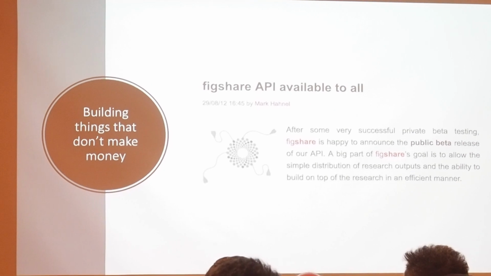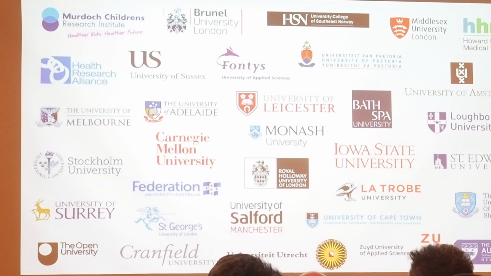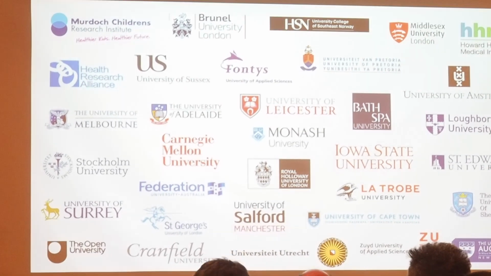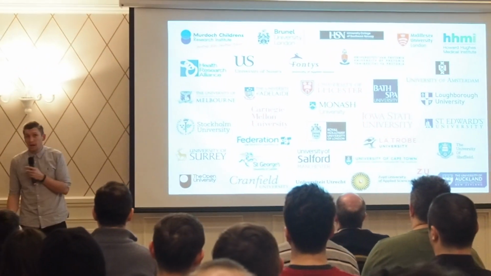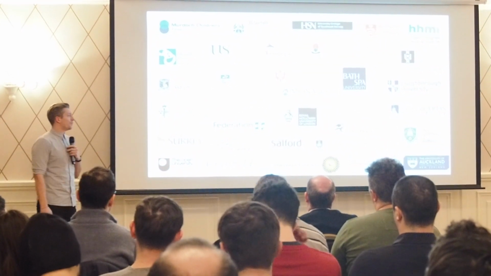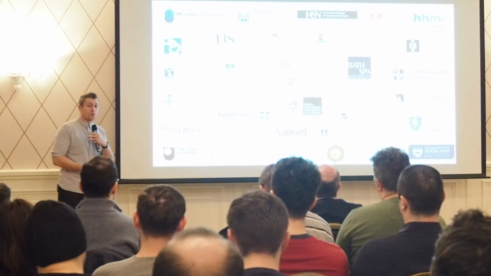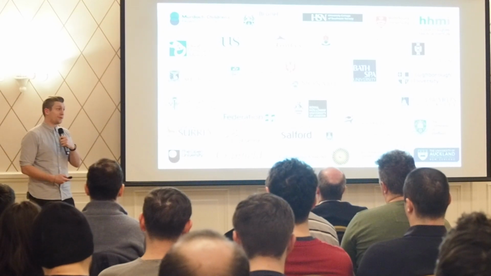And so, slide, that was in 2012, but now we're at this point. These are some of the universities we're working with. And if we didn't build an API back in 2012, we wouldn't have time to do it now, because the thing about customers is they're very demanding. So we built something that scales, that works with all of these universities across the whole world, but at the same time, they have very different ideas on what they need and how we can do it. So you need to be able to get the cool stuff done before customers start taking up most of your time.